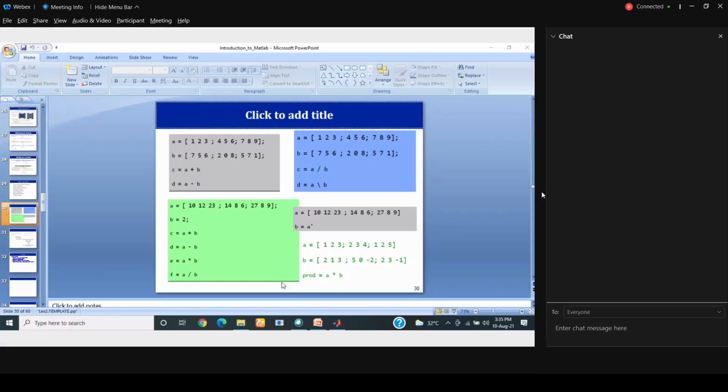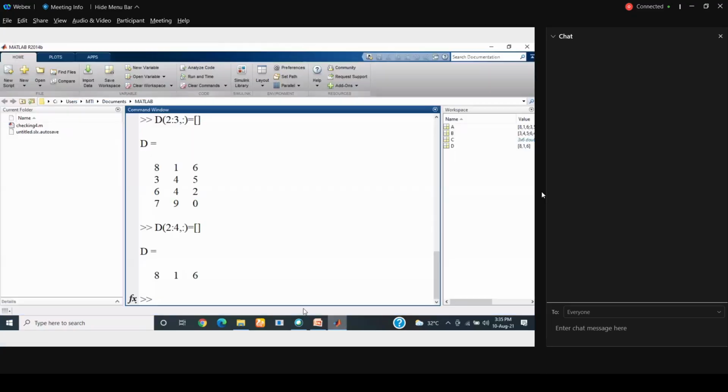Like yesterday you told us that 2 comma 2:3 will display A22 and A23. I didn't understand, but let's clarify what you are asking.